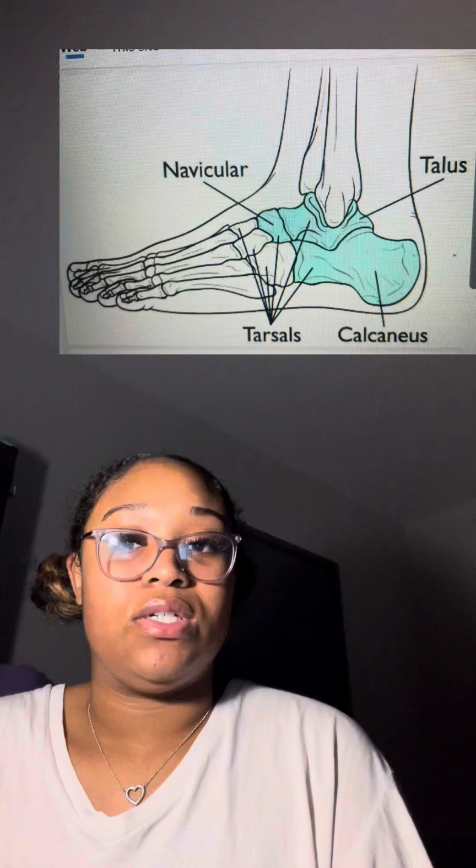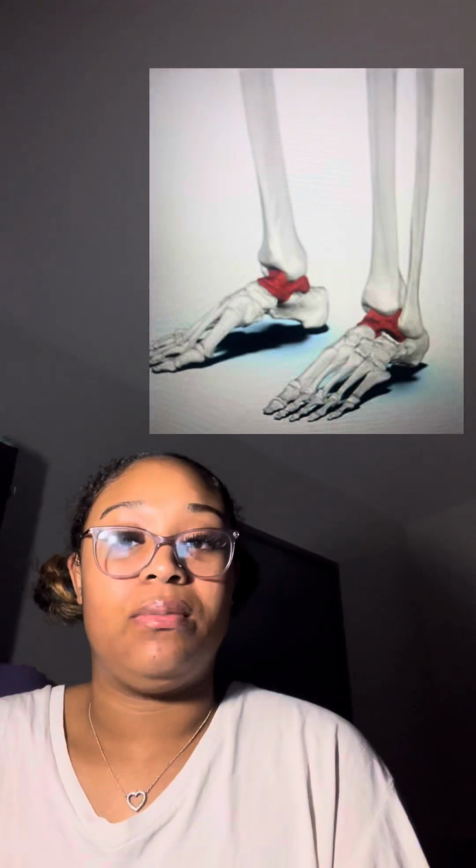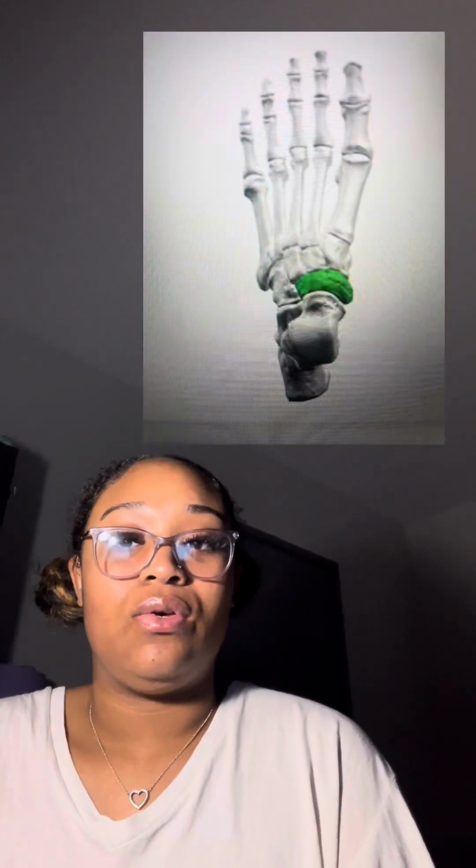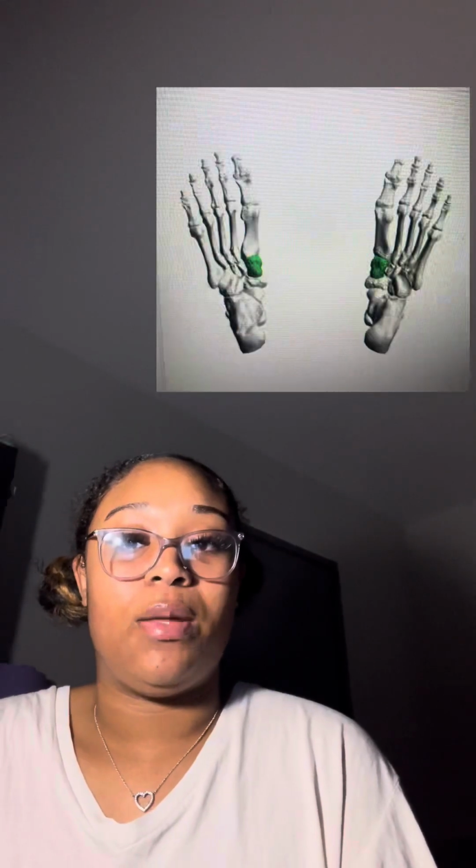and moving down to your pelvis, moving down to your legs, you have your femur, your patella, your tibia, your fibula. Moving down to your foot bones, you have your tarsal bones. Moving down to your heel, you have your calcaneus. Moving down to your talus, and moving down to your navicular bone, your medial cuneiform bone, your intermediate, your lateral,